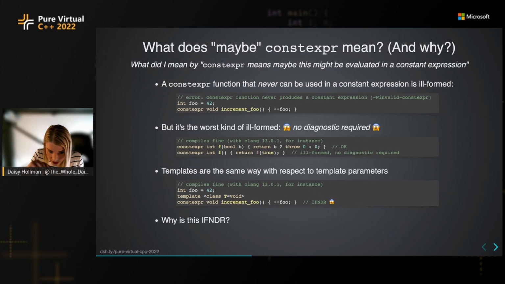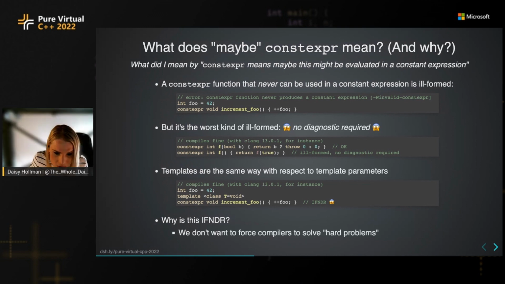So why is this IFNDR? IFNDR meaning ill-formed, no diagnostic required. And it's because we don't want to force compilers to solve hard problems, right? This is kind of an inverse problem where the compiler has to figure out all of the possible inputs. Now, for bool, it's obviously pretty simple, but if this were an int, right, then how does the compiler know